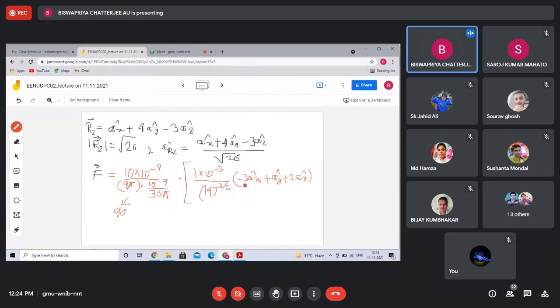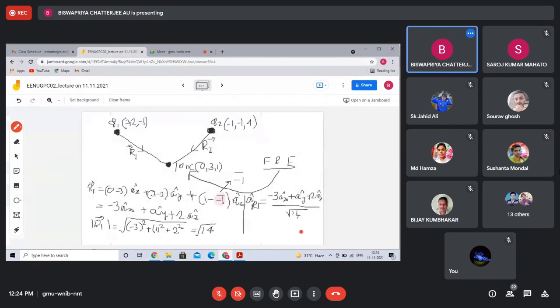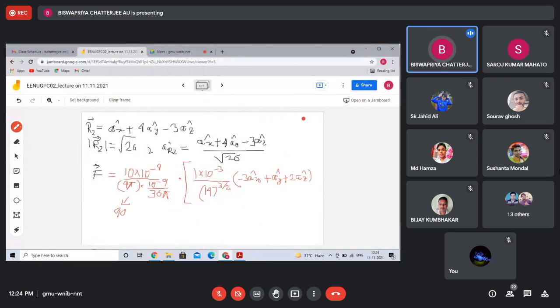You see, in this numerator vector, we have one root 14 here, and we have R1 magnitude squared. So for that we are yielding 14, and due to this factor we are again yielding root 14. So if you multiply these two, it will be 14 to the power 3 by 2. That is why 3 by 2 is written.